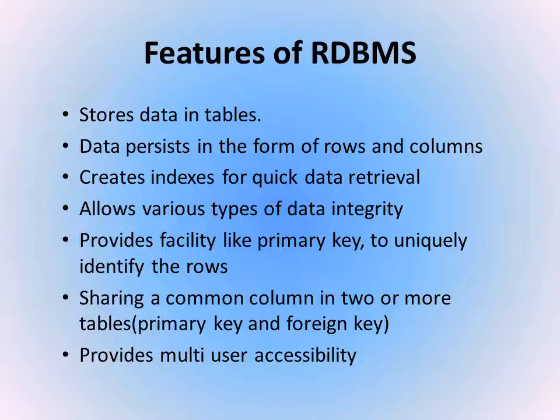So what does this mean? An index in RDBMS is similar to the index at the end of a book, where topics are arranged in alphabetical order and the page number is written beside it, so that the topic is quickly and easily searched. In the same way, the tables in RDBMS have indexes created on the primary key, so that the data can be quickly and easily retrieved.